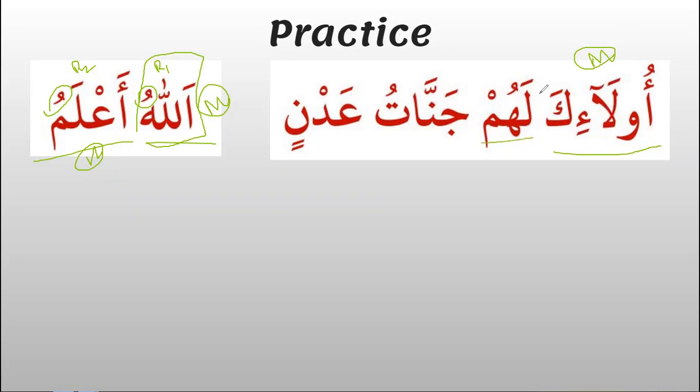Lahum, you can see, la is the jar and hum is the majroor, right? Lahum is the jar majroor, and we will consider it muta'alliq bil khabar. Jannatu, you can see, is a rafa, but we already got our mubtada, so it is the second rafa, and the second rafa is the khabar. But this word is not alone. As you can see, there is no al, it is light with no alif lam, and it is followed by a jar. So this whole thing is connected as mudaf and mudaf ilayhi, and this whole thing will be considered as our khabar.